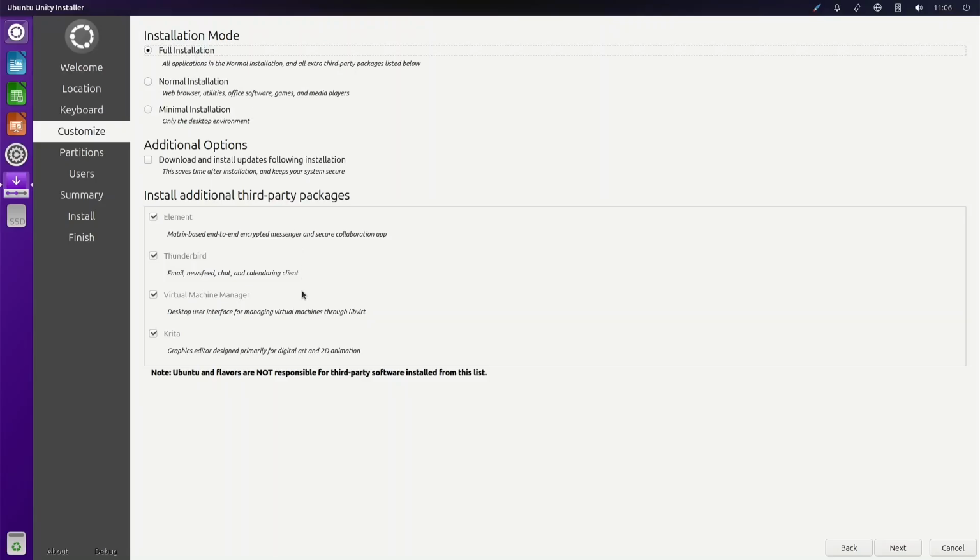We want the full thing. I know in the past this really didn't do much. You still had to update it afterwards. But it's nice that they tell you what comes with the full installation.